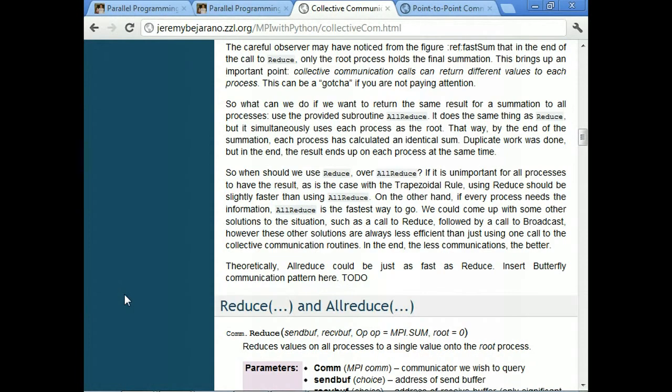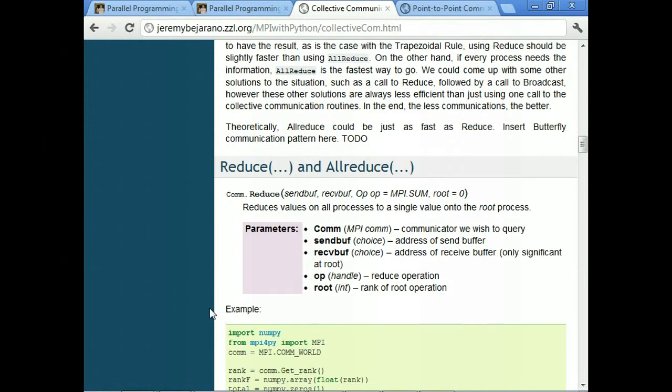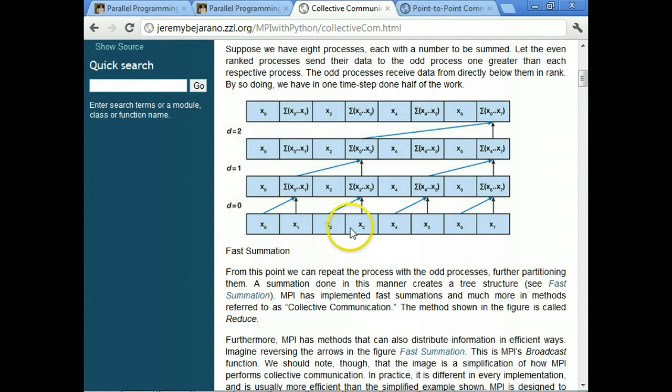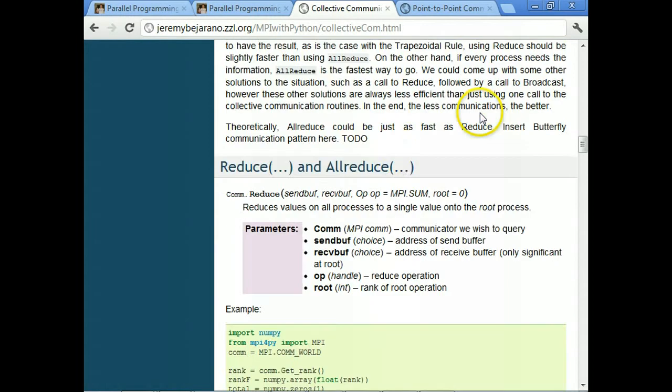So this is the first collective communication function that we've covered. Now we're going to go through a few more. The first that we talked about was reduce, and it implemented something like this tree structure where it took all these numbers and it used some kind of operation. We used a sum, but we can use a product or max or different logical operators and reduce them to 1. AllReduce is similar.